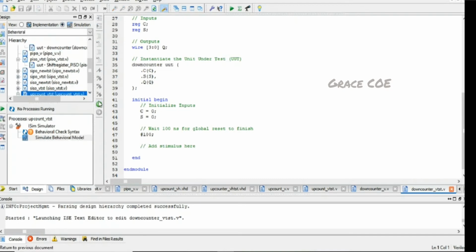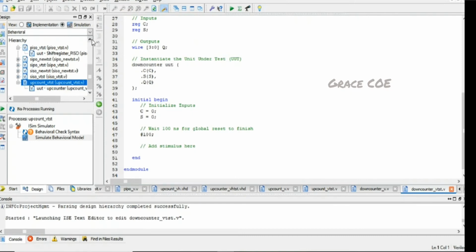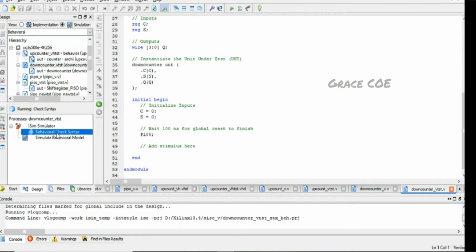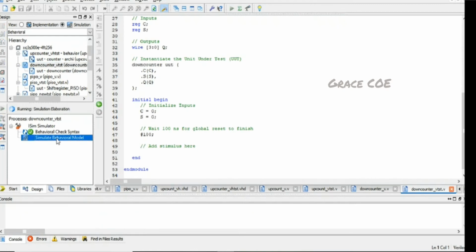Now let's do the behavioral check. Select the down counter test bench and double click on behavioral check syntax. The check has completed successfully. Now we can simulate the model.